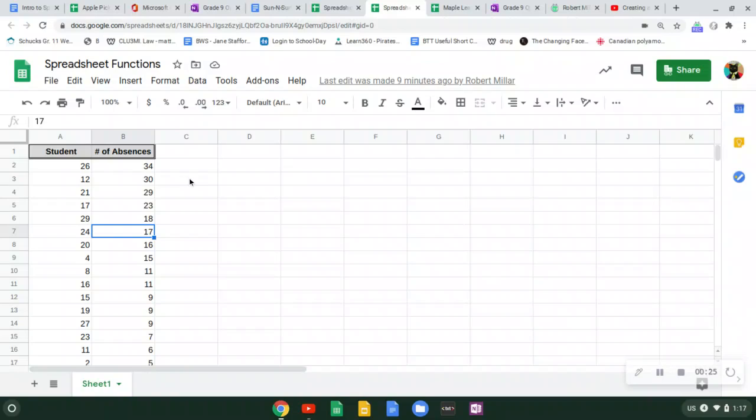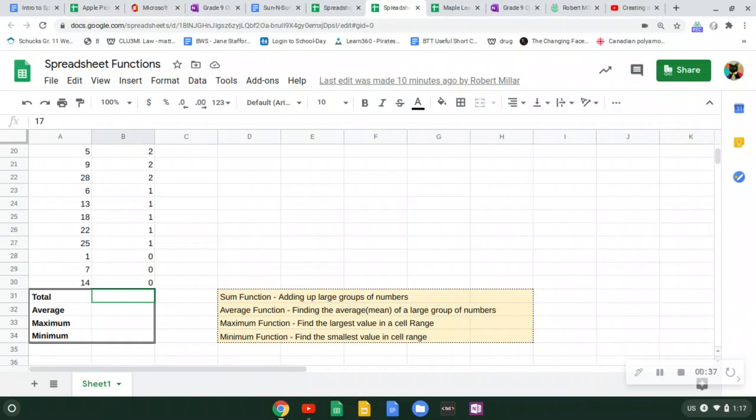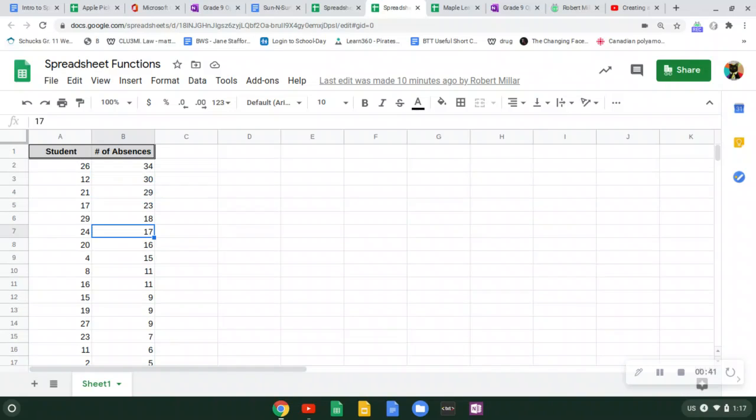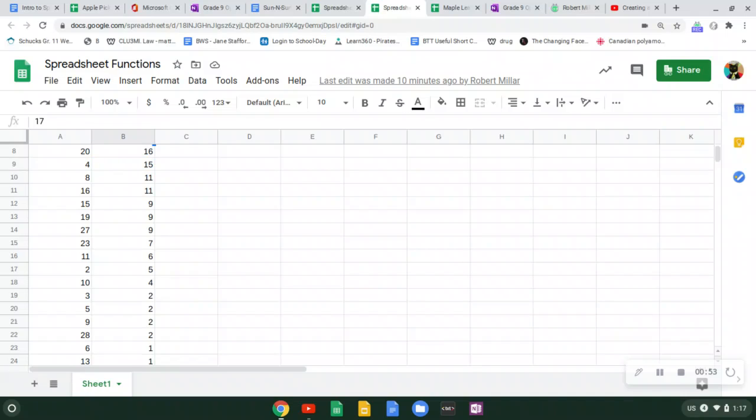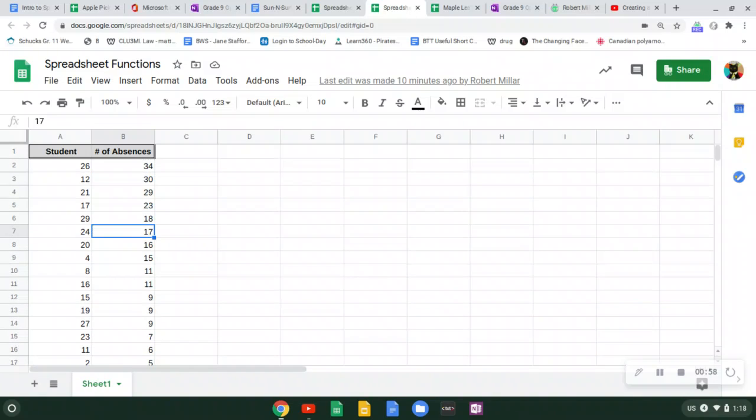And in this spreadsheet, which I would like you to make a copy of and follow along to make sure you get the same answers, we're going to explore four of the slightly more advanced features. So I have, again, some student information, and every student has a student number, and for each student, a number of absences. And we're going to pretend this is a large class,